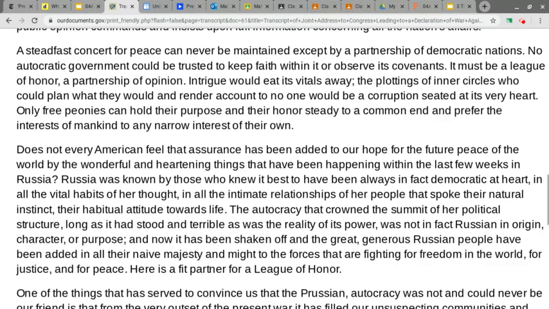A steadfast concert for peace can never be maintained except by a partnership of democratic nations. No autocratic government could be trusted to keep faith within it or observe its covenants. It must be a league of honor, a partnership of opinion. Intrigue would eat its vitals away. The plottings of inner circles, who could plan what they would and render account to no one, would be a corruption seated at its very heart. Only free